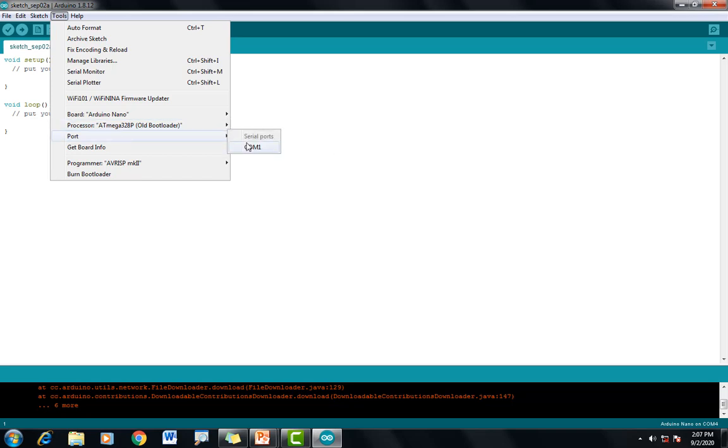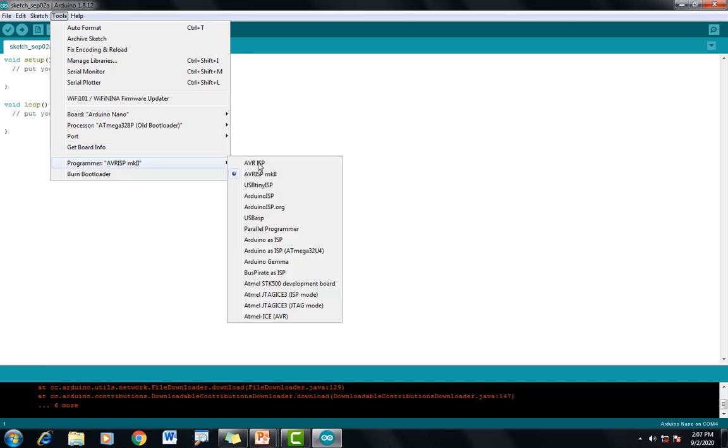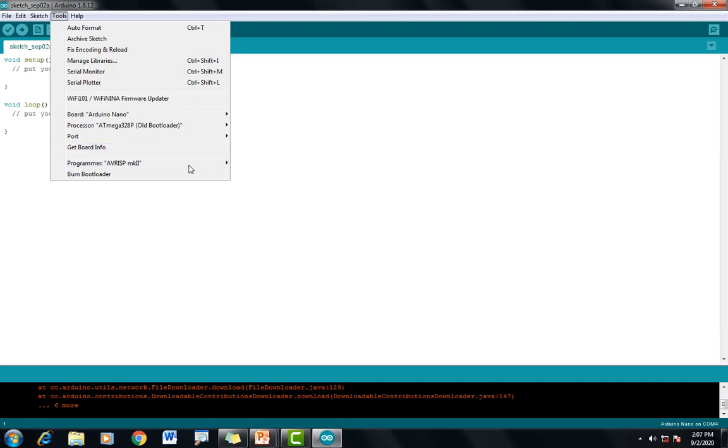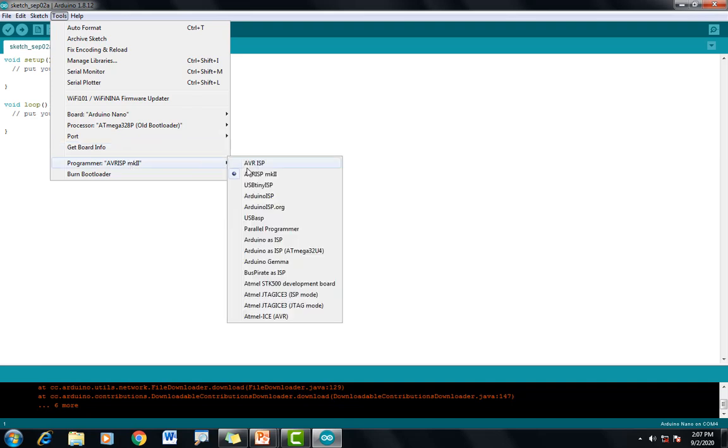The COM port: once my Arduino is connected, it will show me multiple COM ports. And the programmer: the default will be AVR ISP MK2. If you are using any other programmer, you can select it here.